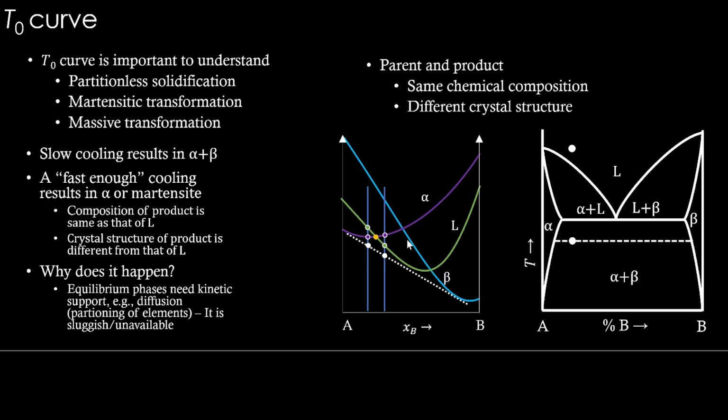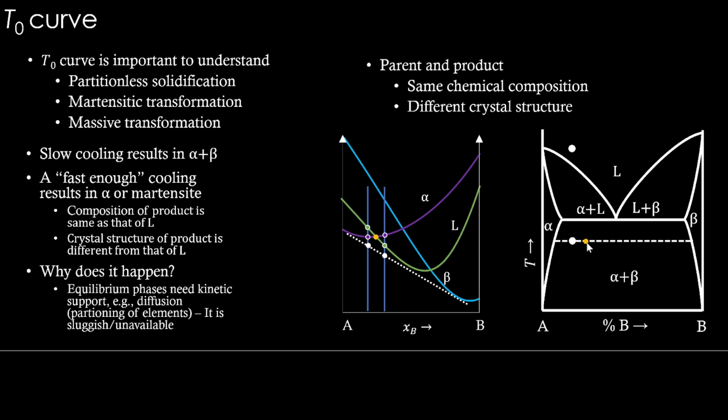So partitionless solidification cannot happen for the points to the right of this yellow dot, meaning beyond the C0 point, you are not getting partitionless solidification happening. Therefore, this point is going to tell you the compositions in which you can achieve partitionless solidification. Okay. So if we put the dot here in the phase diagram, it's going to be here.